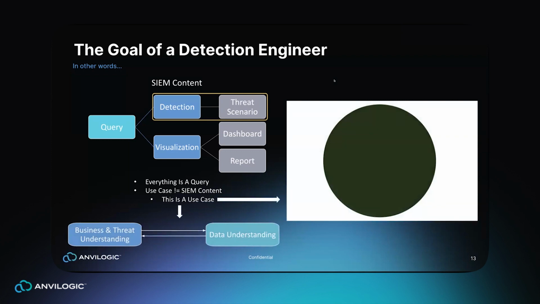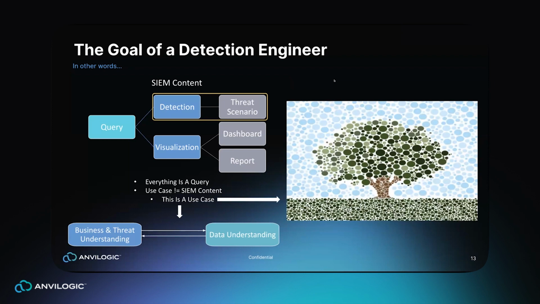well as data understanding when you write this content so that your analysts and responders have the necessary context to make it actionable, right? If I look at this green dot on the slide here and I think about what is this, right? This is kind of typical of what analysts are presented with when a rule fires, right? They're just like, oh, here's a thing, here's a green dot. Now, if I zoom out and you see based on the context that this is a leaf on a tree, well, now you start to make sense of it, right? The dots start to line up as part of a bigger picture. You're given that business and threat understanding as well as the data understanding that's necessary for you to put that in context. So writing that content as a detection engineer, it's very important that you make the output of that